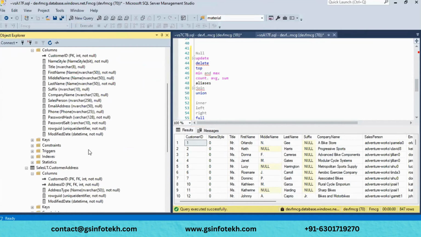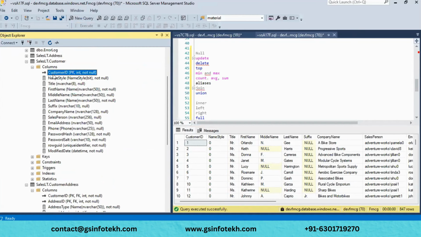For example, you can see the customer ID here, and here also you can see a customer ID. On the basis of these two, I want to perform an inner join. I want to perform an inner join on the basis of customer ID. Okay. Now what I will do,